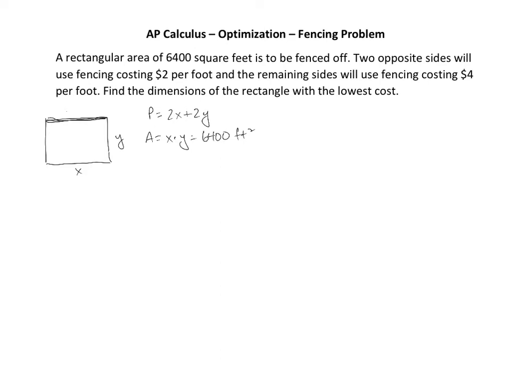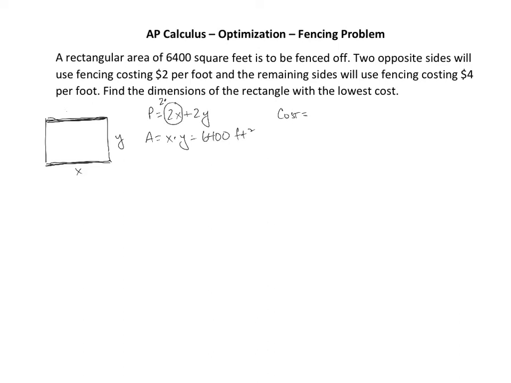Well, what's our cost going to be? Our cost equation is going to be twice in one and 4 times in the other. So whatever I choose for x, suppose x is the side that costs $2 per foot, and y is the side that costs $4 per foot. Now again, you could say 4x and 2y. It doesn't matter. It'll all work out in the end on this problem. So we'll just say that the cost is 2 per foot here, and 2 per foot there. So basically we're going to base it on this perimeter, and I'm going to multiply this one by